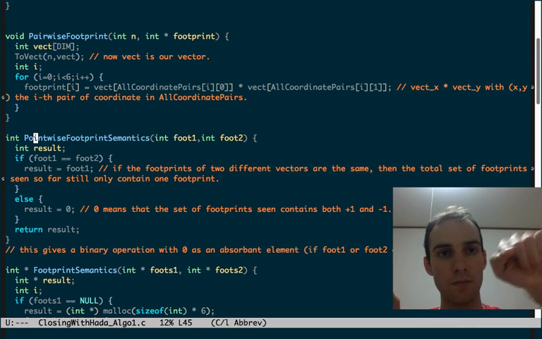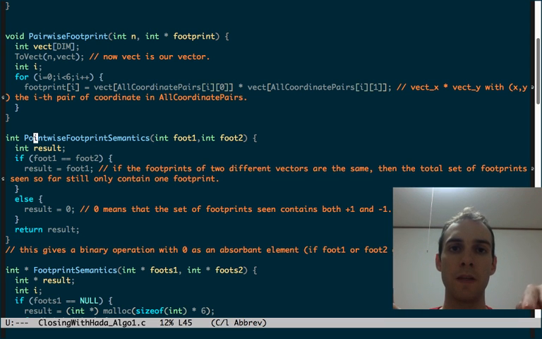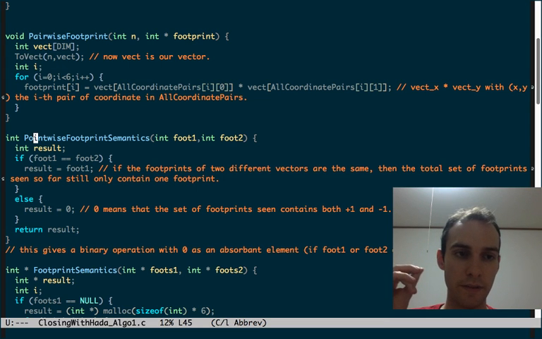So if this one is plus 1 and this one is minus 1, it means that we have the possibility of getting plus 1 for this product and minus 1 for the same product. So the total set of possibilities is the union of these 2 singleton sets. Okay, and that's the basic idea. So the semantics is simply that plus 1 means the singleton plus 1, minus 1 means the singleton minus 1, and 0 means the